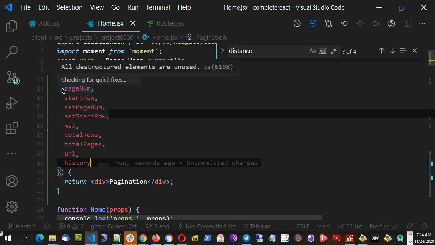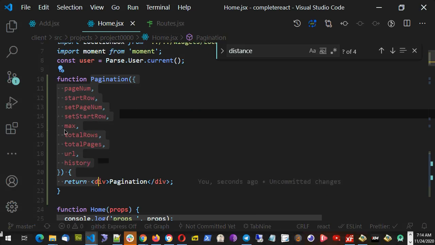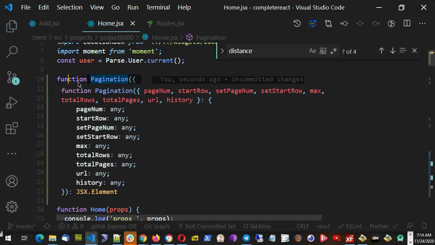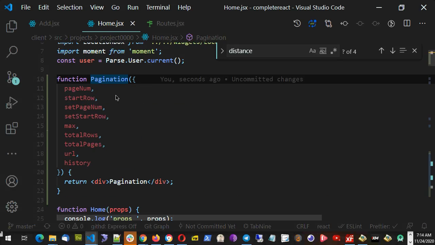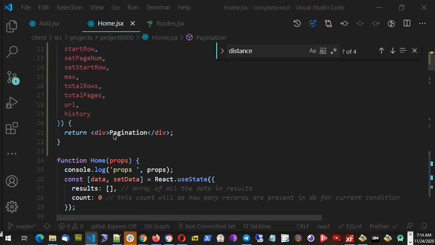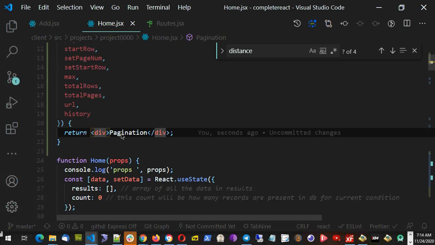So these are the things we needed. I put this pagination in another function, and then I'll export it in another file so that I can use it in different projects. Right now I'm putting it here, but once it is done, I will move it to another page. So let's start building the pagination. So first thing is,